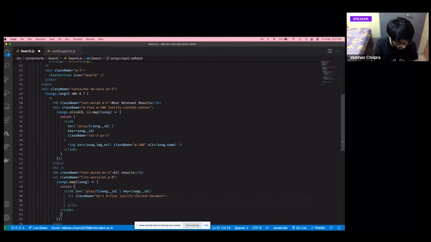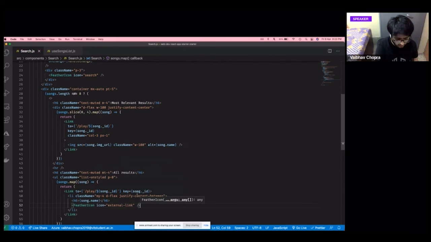So I'll have a h6 tag, which is basically a small heading, song.name. Okay, h6 heading and a feather icon again of an external link. This icon is called an external link because I want to show that clicking on this icon will take you somewhere. Otherwise, it's totally optional.